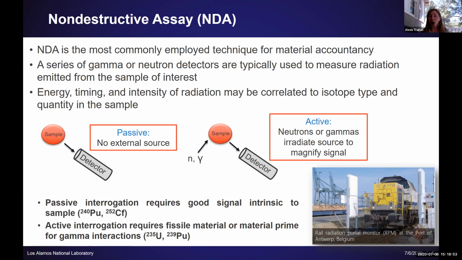Uranium, on the other hand, does not passively emit a lot of neutrons. If you have a neutron detector and you put a piece of uranium next to it, you may measure almost nothing above background. And that's just because uranium-238 is your primary spontaneous fission neutron emitter within uranium, and it's just a very, very, very weak passive signal. So if you wanted to measure the neutrons from uranium, you would need to use some active NDA to induce more signal to be measured.